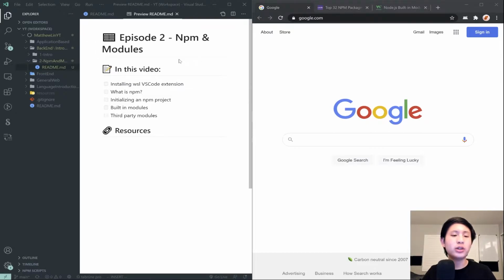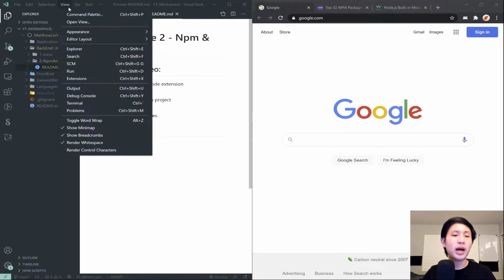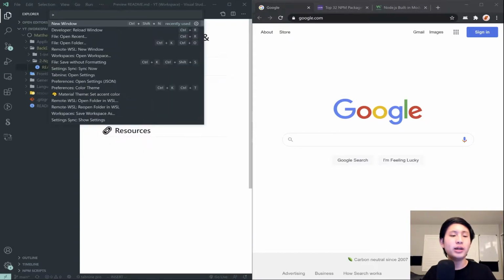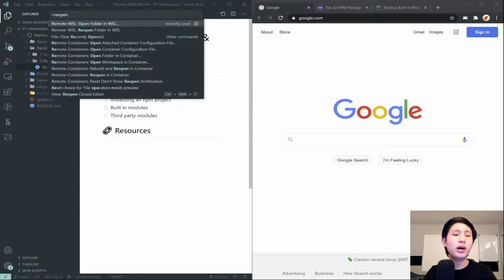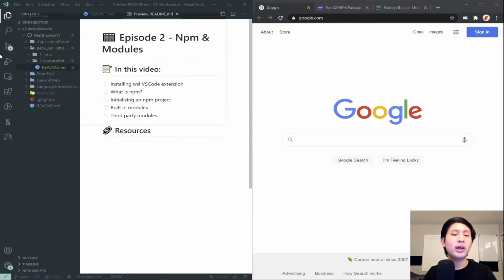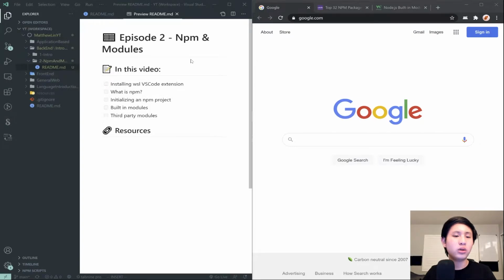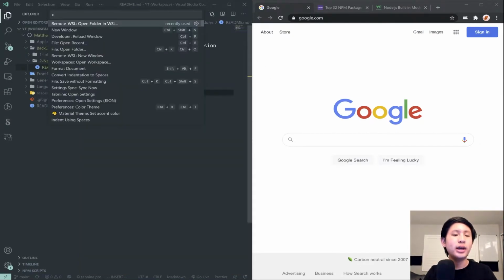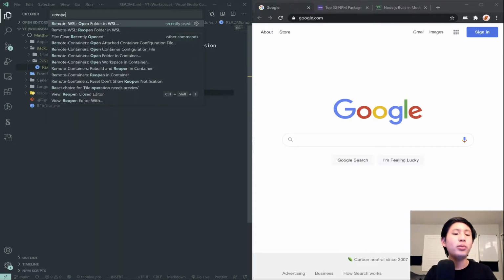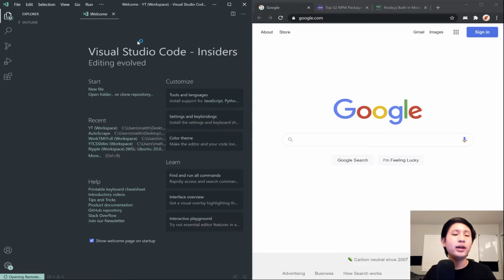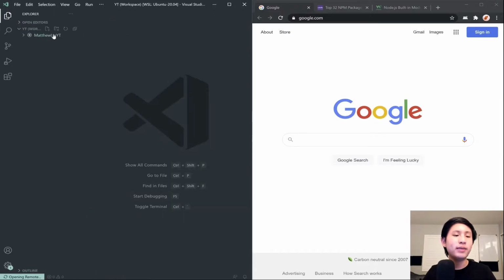So the way you can actually turn it on is you hit Control-Shift-P to pull up your command palette. Otherwise, you can hit View and then Command Palette, and just say reopen folder in WSL. Let me open the README. And then now you can say reopen folder in WSL, and clicking that will basically reopen the same folder, and then you're back in the same code here,